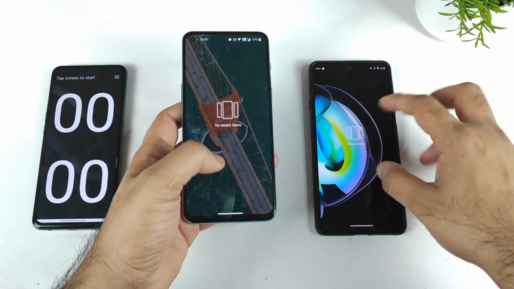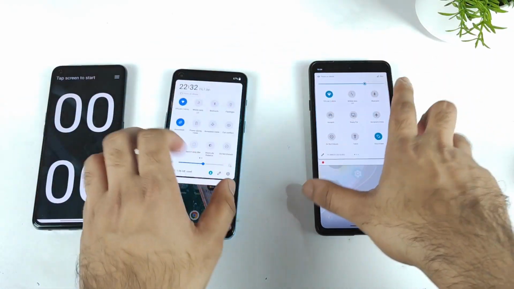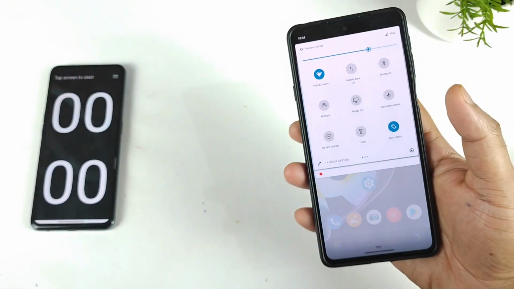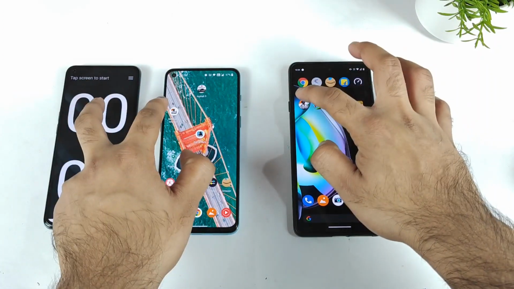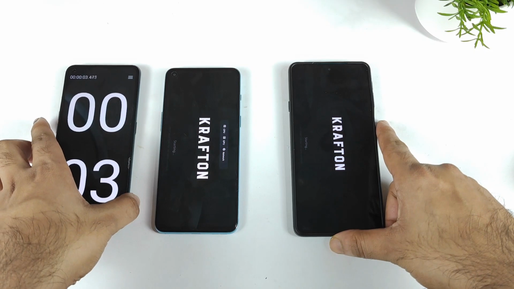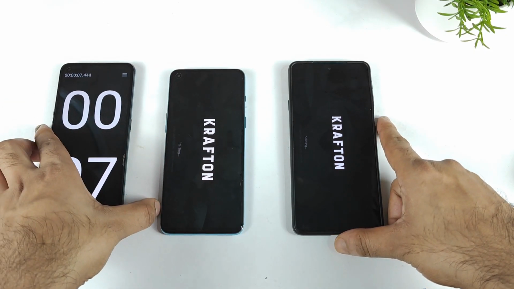First, all the apps are completely cleared from the background RAM management, and both phones should be connected to the same kind of Wi-Fi network. Let me show you exactly, friends. Both are connected to the same 2.4 GHz Wi-Fi network. Now let me start the Battlegrounds Mobile game at the same time on both phones. Let's see which phone actually opens it faster during this demonstration. That's what I'm going to check at this moment.